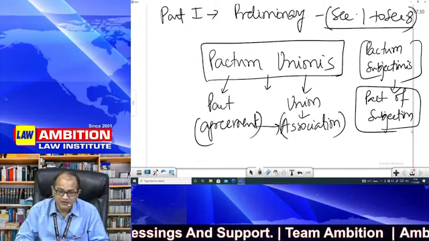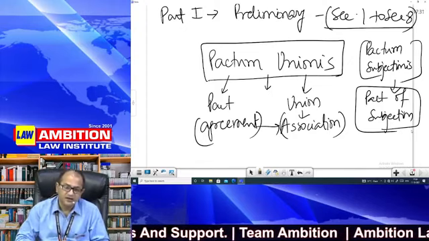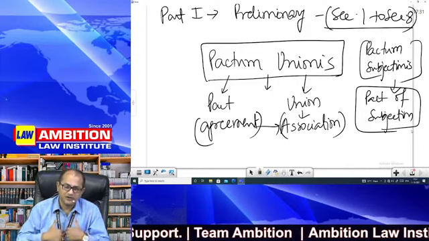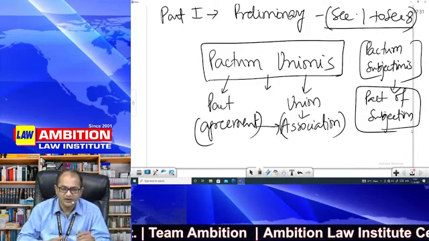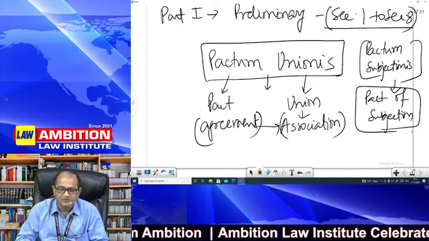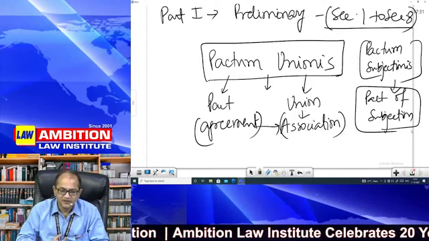Now you may raise a question: why did the state enact criminal law for protecting the same interests for which we have civil remedy? The answer is very simple. And the answer is